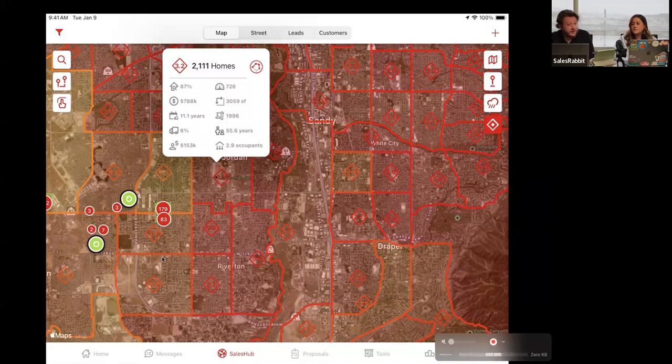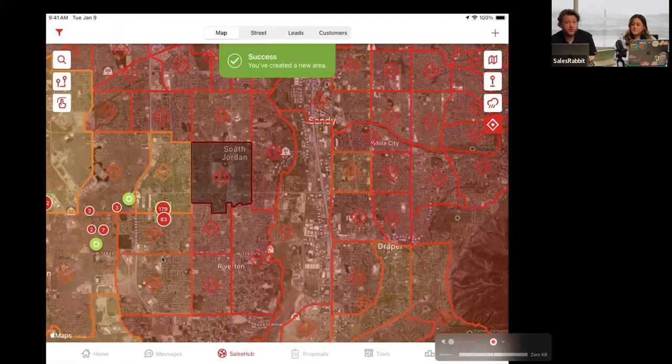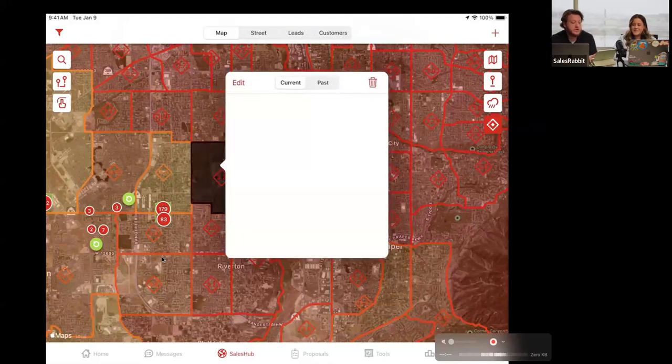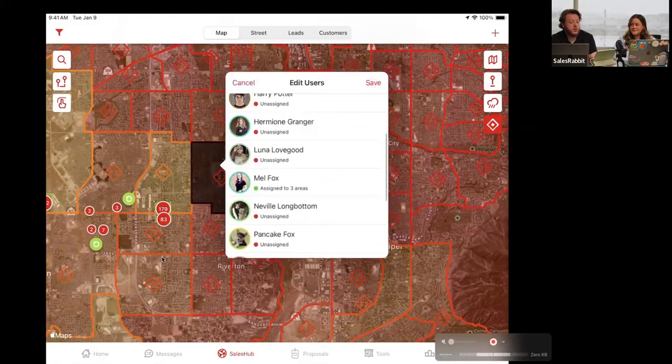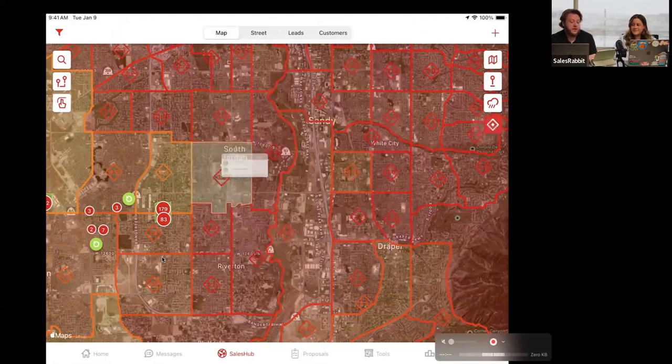If you want to generate a territory for somebody using this method, in the top right-hand corner of that pop-up, there's this little constellation icon, or like a connect-the-dots icon. If you select that, it'll draw that territory out for you if you have internet, and I fixed mine, so now we can get it working. Then to assign that territory, just like before, click anywhere inside of that gray section, click the edit button, choose one or multiple different people to assign this area to, save it,